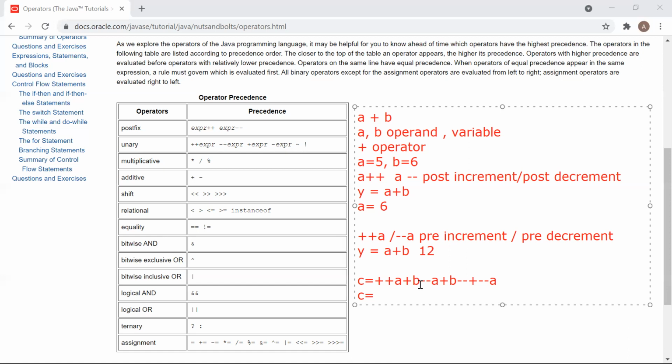Did you get the result? What will be the result of this? Sir, it's 17.